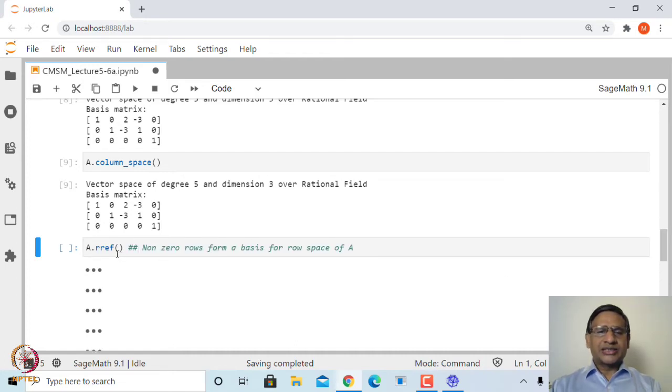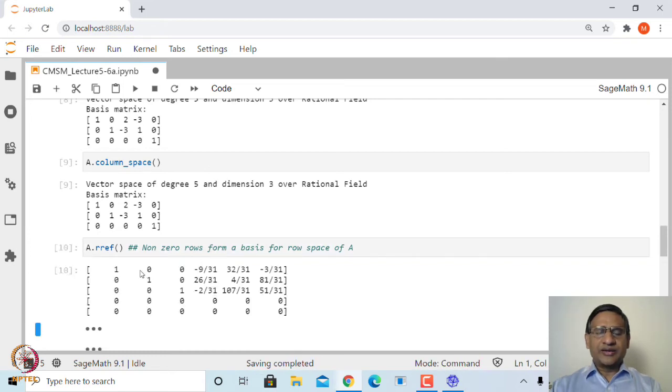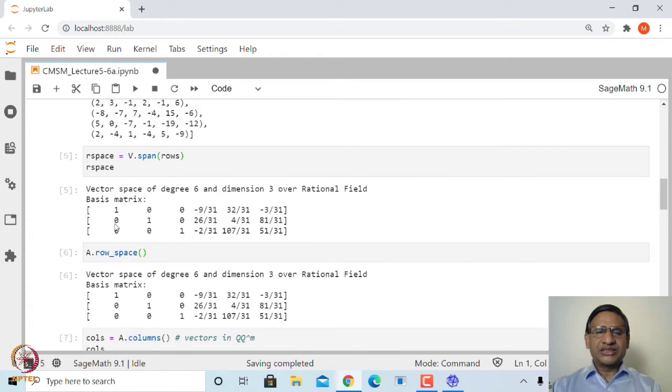Now, as I said, you could have also obtained the row space and column space using RREF. If I apply RREF, the reduced row echelon form, to this matrix A, then you will get basis vectors, which are the non-zero rows. Again you can see there are only 3 non-zero rows, and these 3 non-zero rows are the same as what you obtained as a basis for the row space when we used the span of rows.